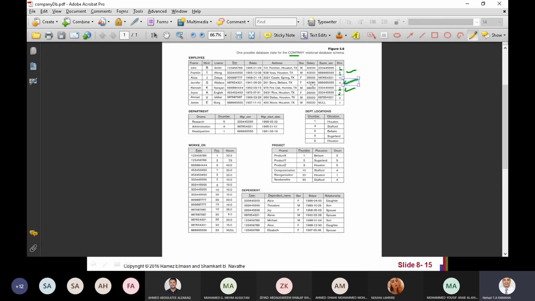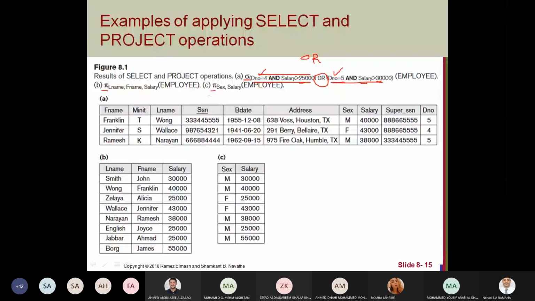Okay. The employees here, Franklin and Jennifer and Ramesh. Okay, Franklin, Jennifer, and Ramesh here. So we can connect using and, using or, between conditions. Okay, and the result will be